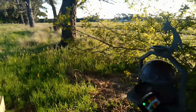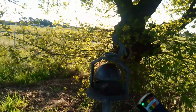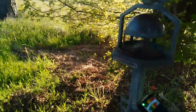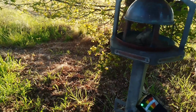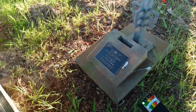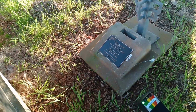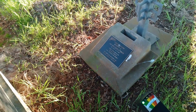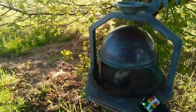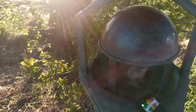This is really cool. Excuse me, peoples. You just never know what you're going to find in these little cemeteries. Very interesting. There's a little frog in there. Don't know if you can see it. And this is Ernie F.J. van Hulsen Dittmar. Dearly loved wife of Jan. Devoted mother of a whole heap of people. But this is really cool. I like this, and it's got a couple of names on there, the Dittmar name,